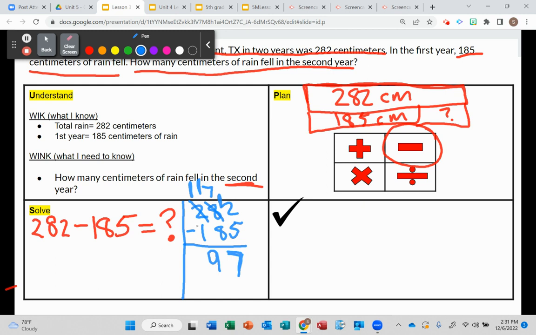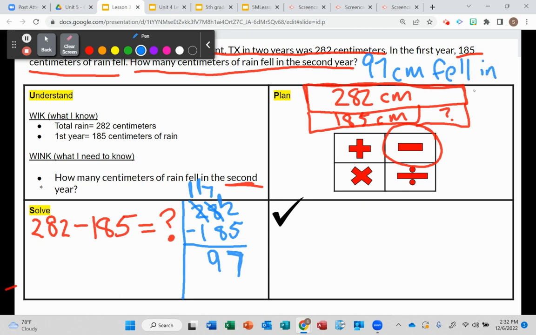Okay. Now let's go to my hundreds place. So now in my hundreds, I have 1 hundred. I need to take away 1 more hundred, which leaves me with no more hundreds. So I have 97 as my answer. That is my difference. Okay, so that is how many centimeters of rain fell in the second year. So I'm going to put that right here. 97 centimeters fell